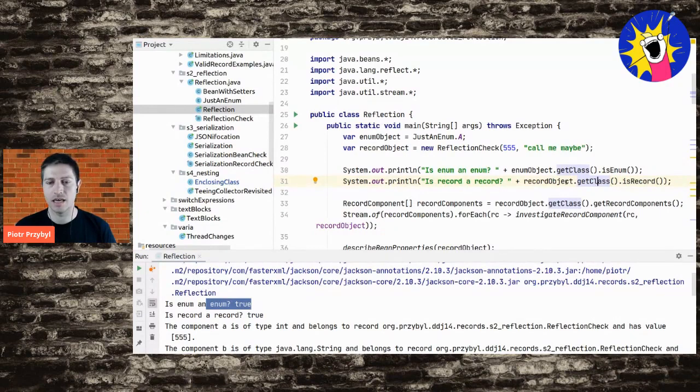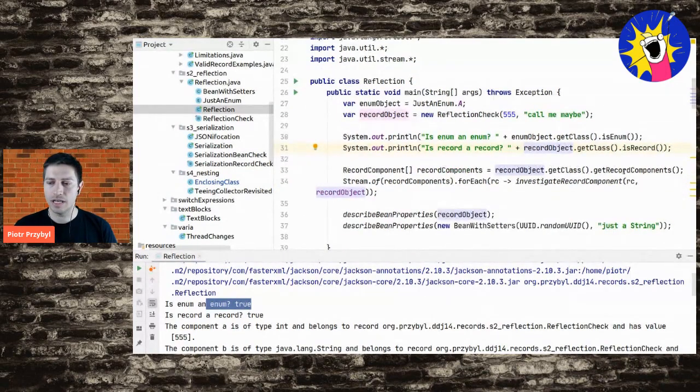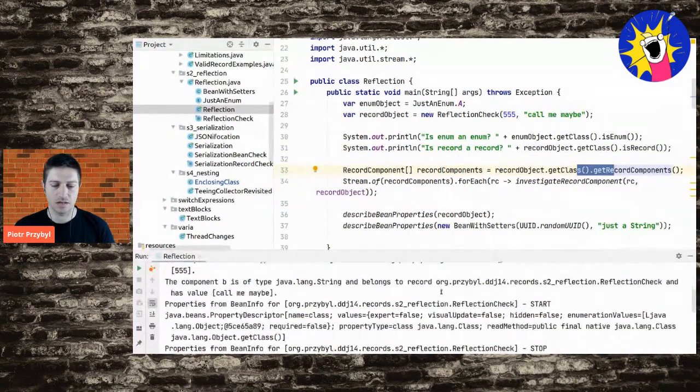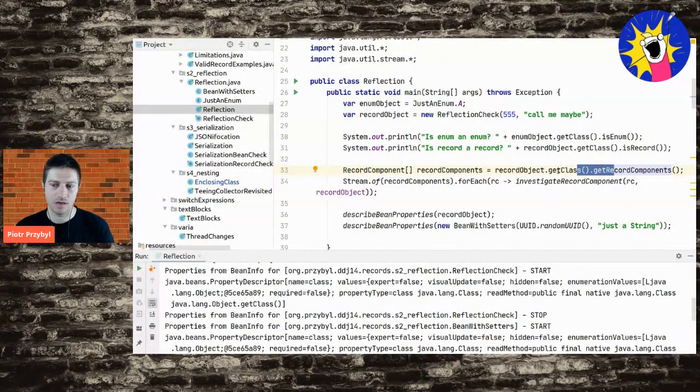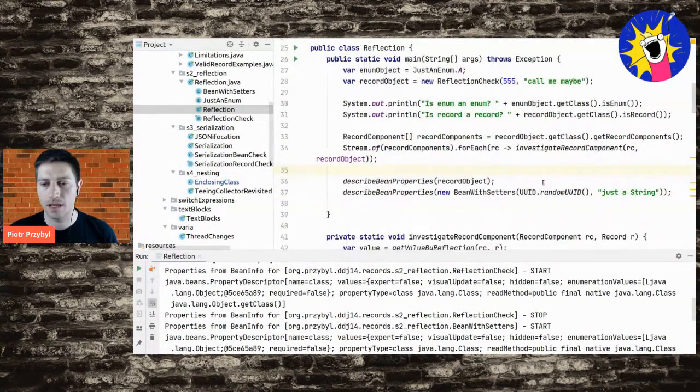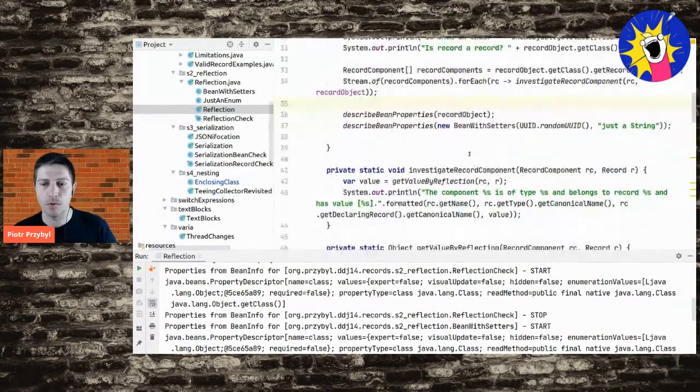And it says this thing created here is a record, of course, and I can read these record components, and they will give me the accessor methods, the values, everything. The code is down there. As for reflection, it's not the most beautiful piece of code, but what's really important here is